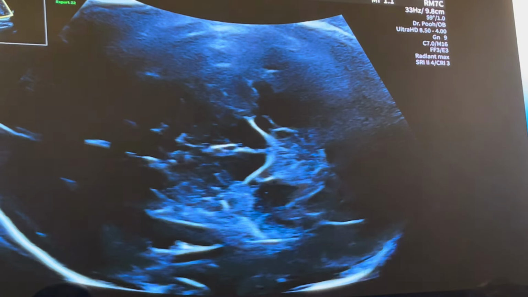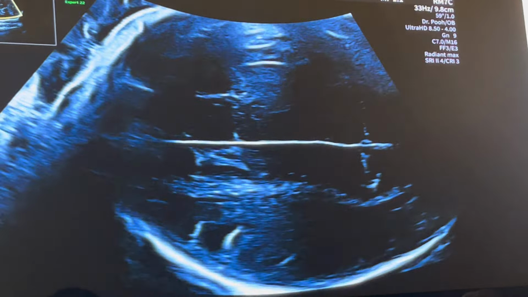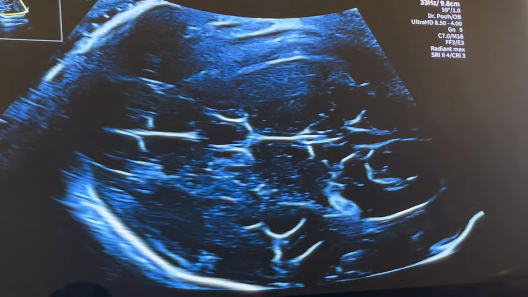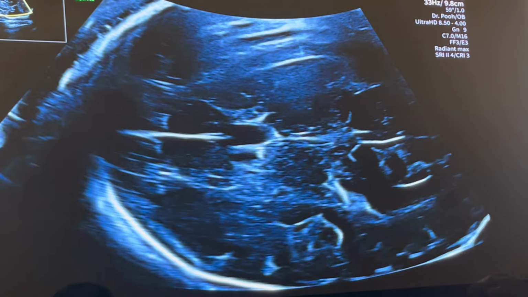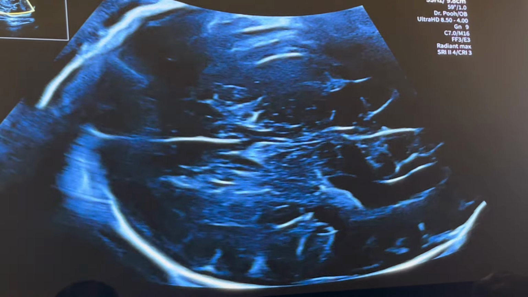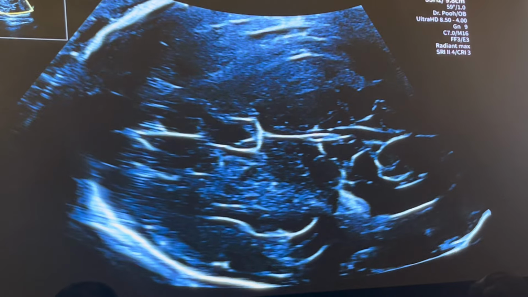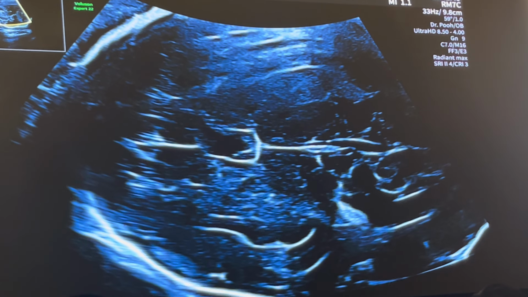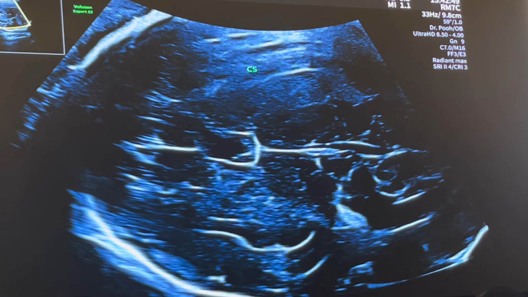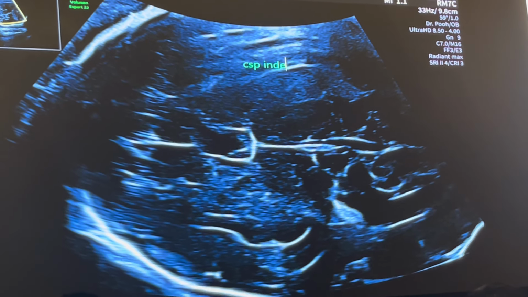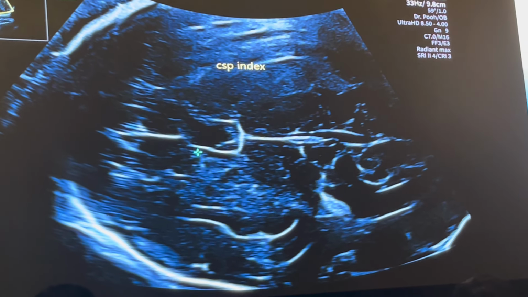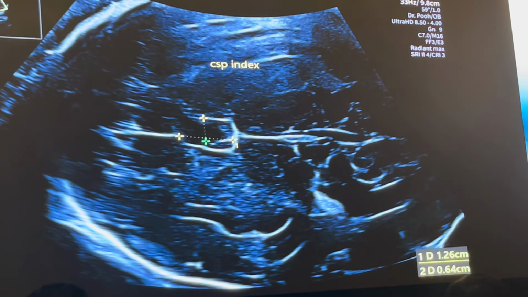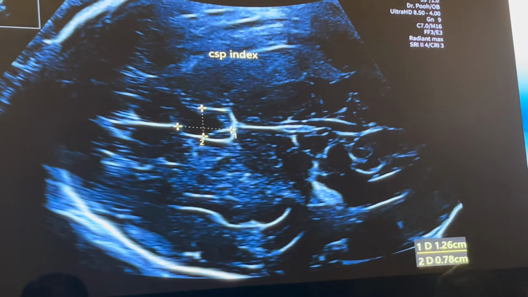I think in most of the cases at 15, 16, 17 weeks of gestation, we cannot see the CSP even by transvaginal sonography, and even in the first half of the 18th week of gestation, sometimes we cannot see the CSP. Yeah. So maybe if the CSP is a kind of landmark, maybe many of the audience